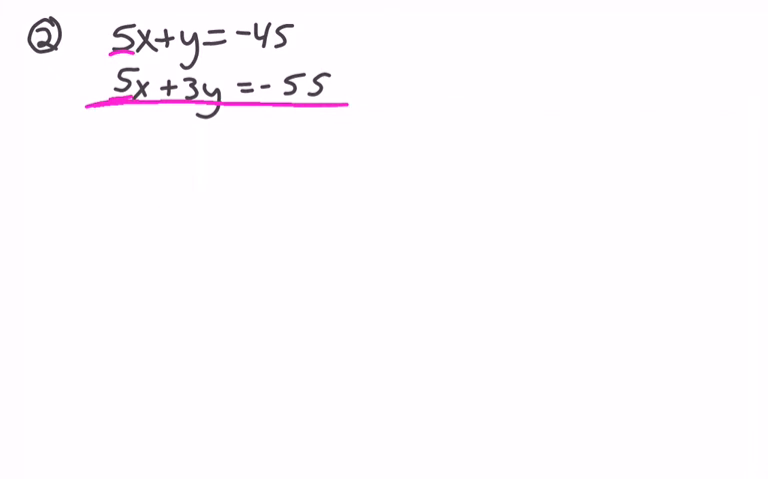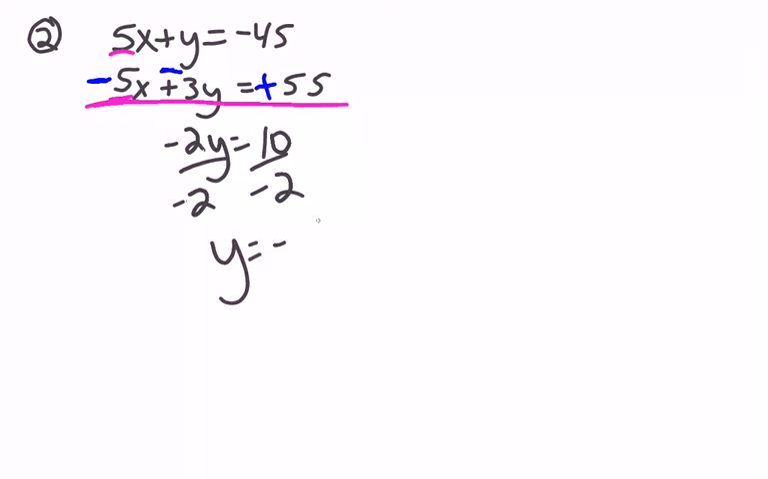So in order to get them to eliminate, I have to do the opposite of one equation. So I'm just going to choose to do the opposite of this bottom equation. So I'm going to change all the signs in one equation. So I'm going to go negative 5x, negative 3y, and that negative 55 is going to change to a positive. And now I add it vertically. So 5x minus 5x is 0x, y minus 3y is negative 2y, and negative 45 plus 55, it's easier to think of it as 55 minus 45, which is 10,